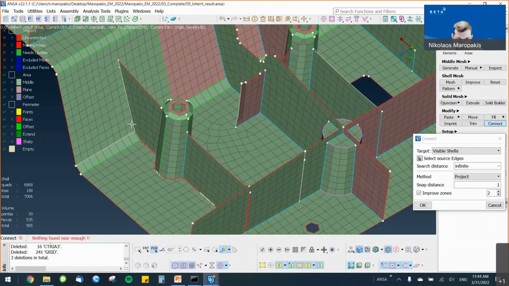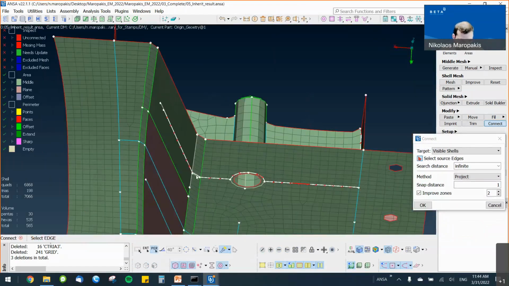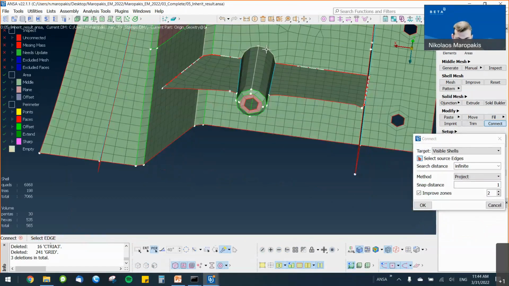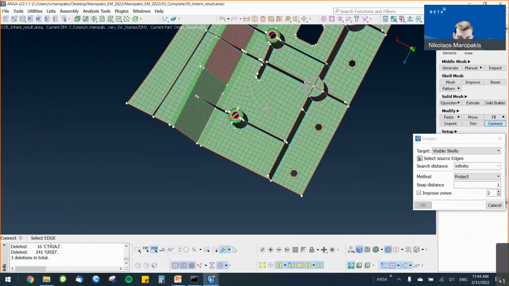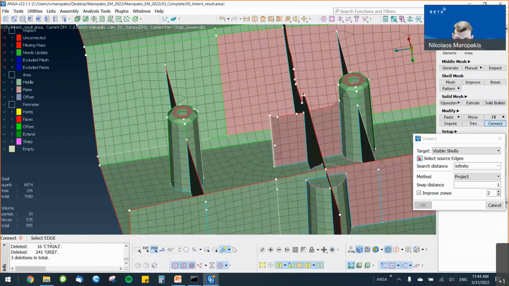I have activated them. Sorry, I have a perimeter here on the bottom as well, and on the other side. I have activated the visible elements as target. I can see in red the preview of the connection to be made. And if I accept with my middle mouse button, I can see that very easily I have this tube and the rib connected. Finally, I will do the same for this rib here, using again the connect function.